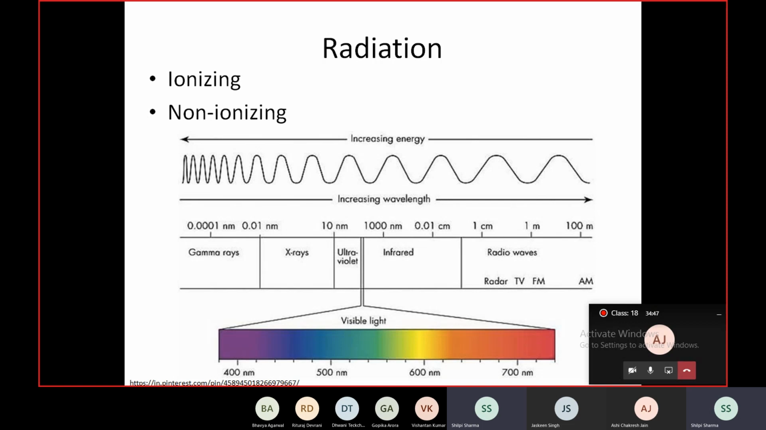Then, coming down to the next factor, which is radiation. Both ionizing and non-ionizing radiations have been used in controlling microorganisms. So from this spectrum, you can see that the energy of the radiation increases with a decrease in wavelength. So gamma rays and X-rays can ionize atoms and molecules and hence break chemical bonds. Even UV radiation above 10 eV, 10 electron volts, is considered ionizing,